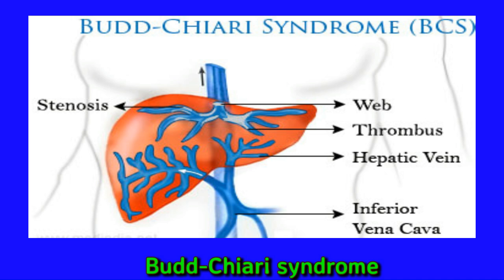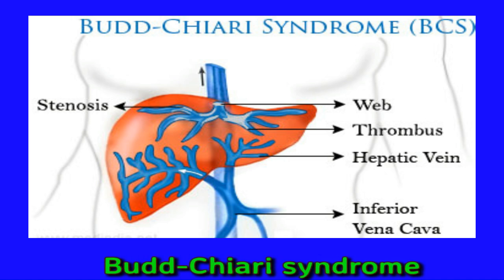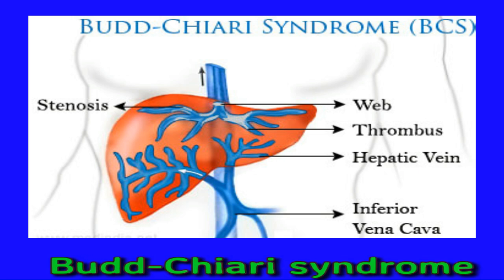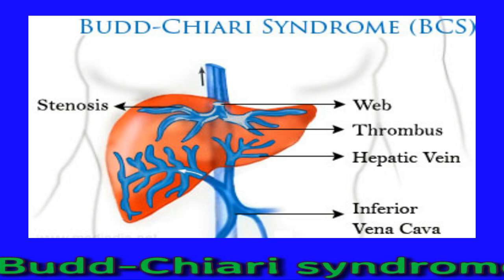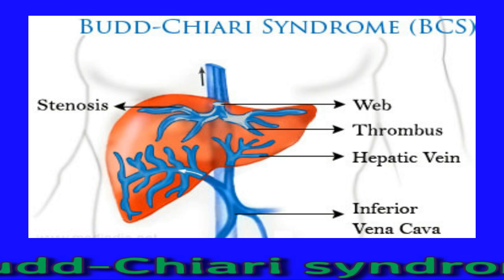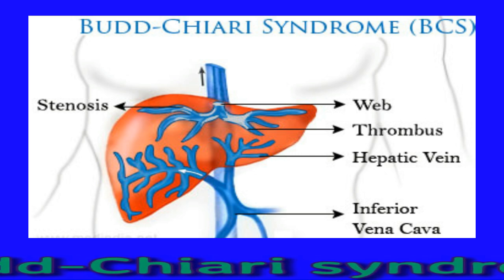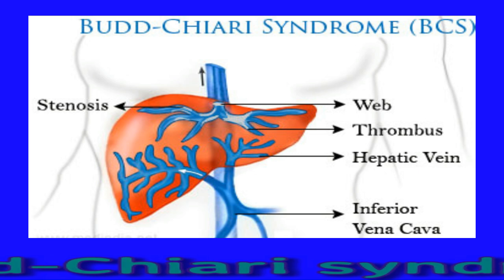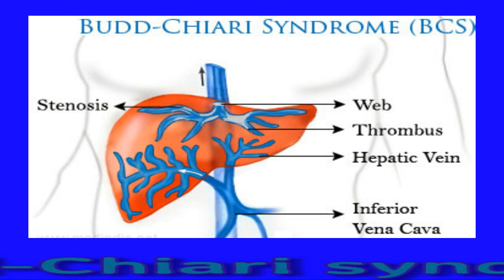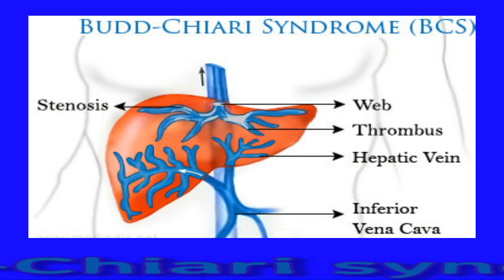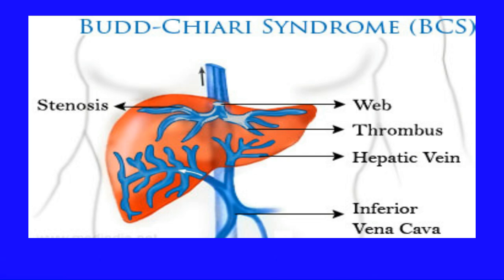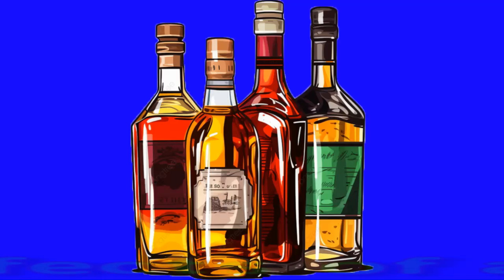The blocked veins cause the blood flow from the liver to the heart to slow down or stop. Scarring of the liver or cirrhosis is also possible. People whose blood is most likely to clot are also more at risk of Budd-Chiari syndrome. This includes people who are pregnant and those with a tumor, a chronic inflammatory disease, a clotting disorder, or an infection.